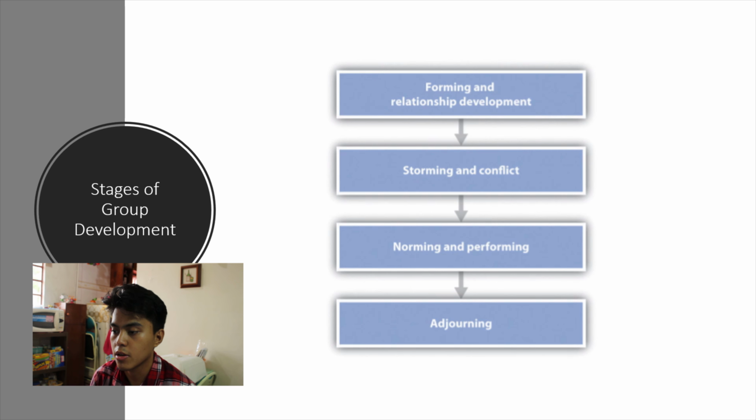Next is norming and performing. In norming and performing, you report great satisfaction and identification with the group. And when the social group is at this stage, they have the ability to meet and survive the goals and challenges. Next is adjourning. Adjourning is similar to a breakup in a relationship. This is when the task is completed and the group is finished, and this occurs because the group members have an interest outside the group and will promise to get together. Most likely they will promise to be together in the future and exchange phone numbers, which is unlikely to happen.